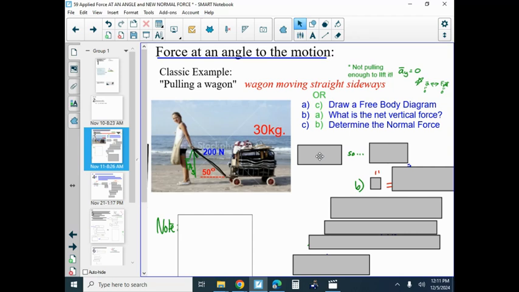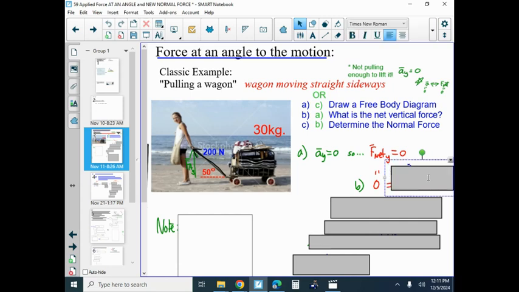Anyways, for me, I'm thinking, okay, like we said, the acceleration in the y direction is 0. So we know the net force in the y direction is 0. And we know net force is a bunch of forces added up. Well, what forces would you have on a free body diagram? You're going to have gravity. You're going to have the normal force, the sand pushing up on the wheels, and you're going to have the vertical component of the applied force, right? So there we go. We've got gravity, the normal force, and the vertical component of